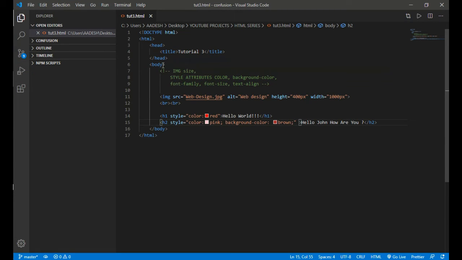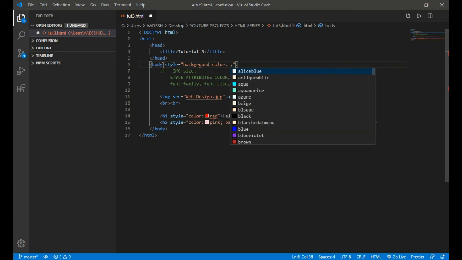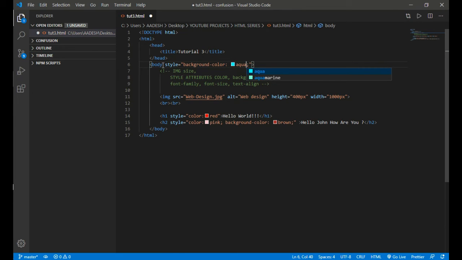After color and background color, we will try to change the background color of the whole page using body. The background color will be aqua.